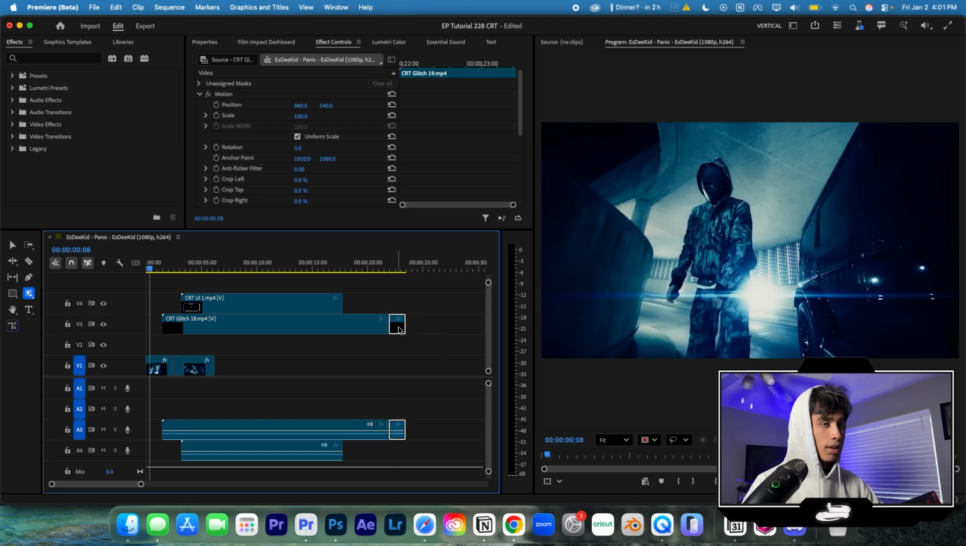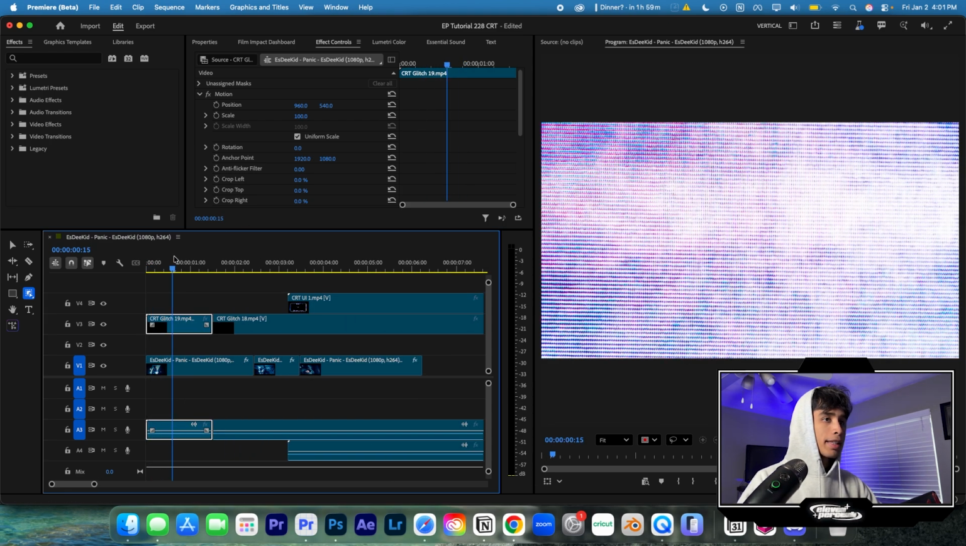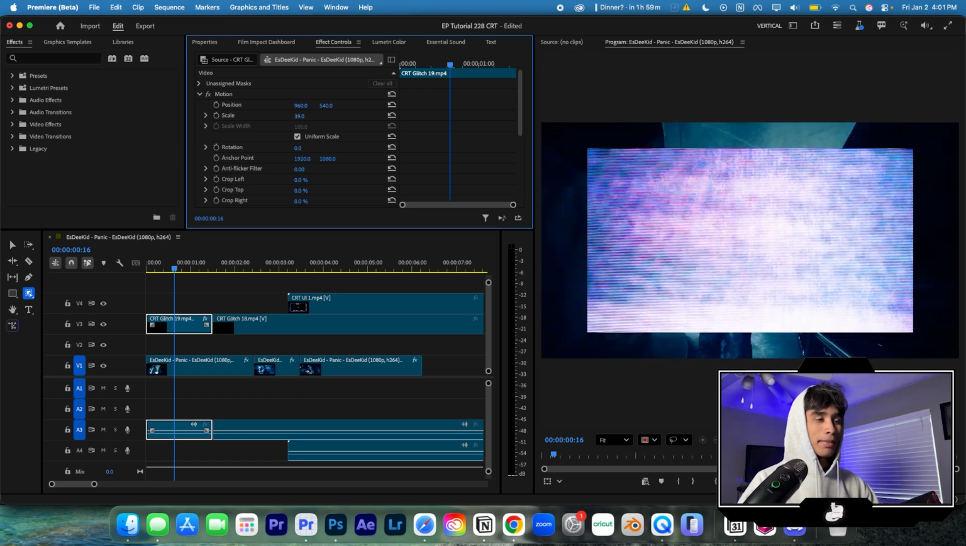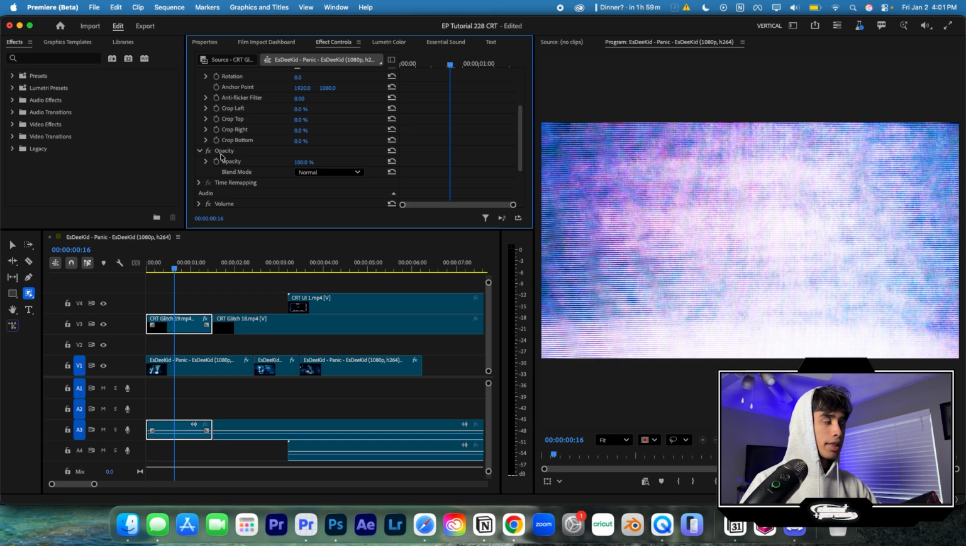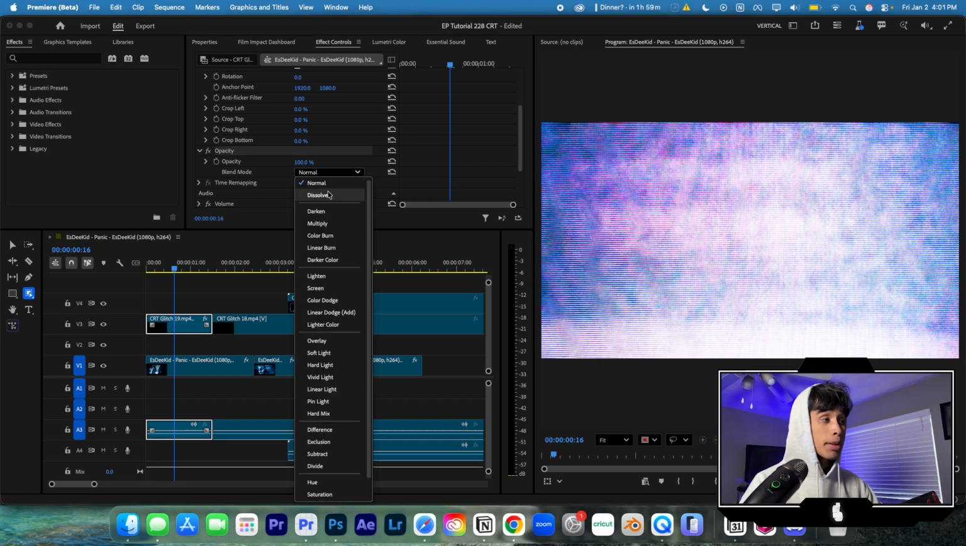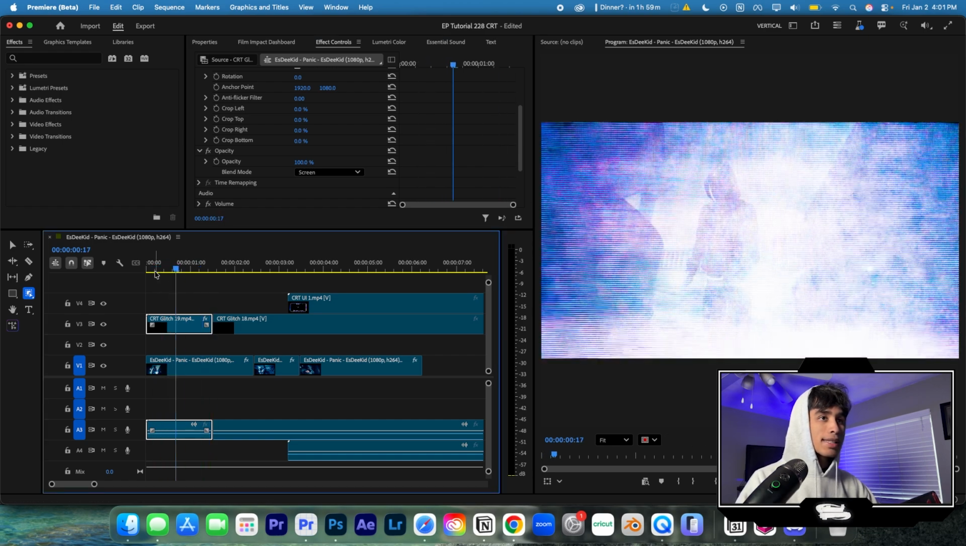So now we have our files on our timeline. It's super easy. I just drag whichever file I want to my screen. Keep in mind these are in 4K, so you might have to scale them down because they're super high quality. And to make them blend, all I do is scroll down to the opacity tab. I change the blend mode from normal to screen, and boom, just like that, we got some crazy CRT glitch